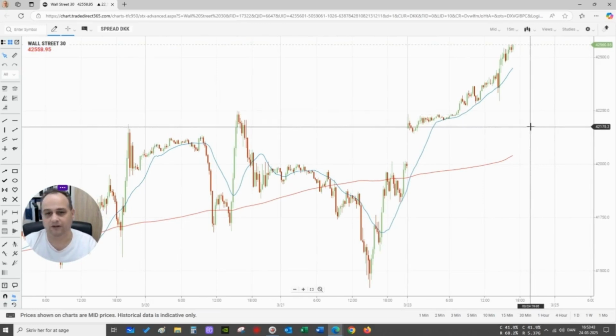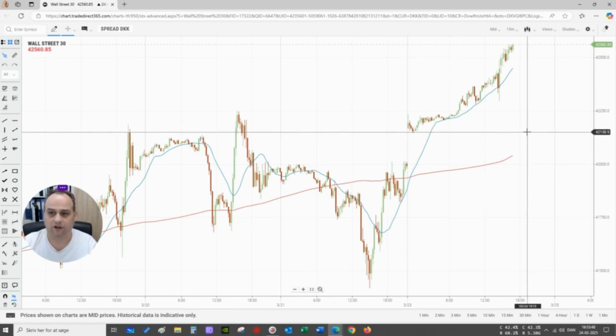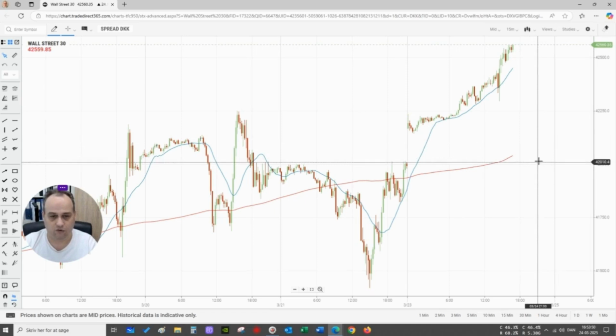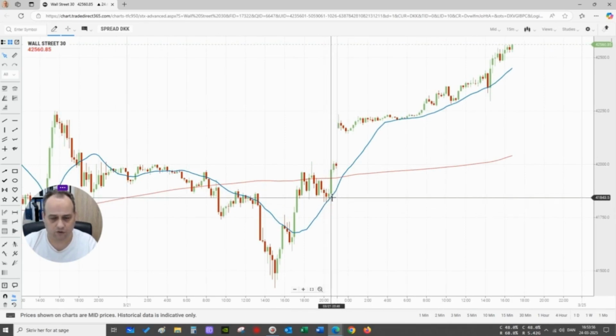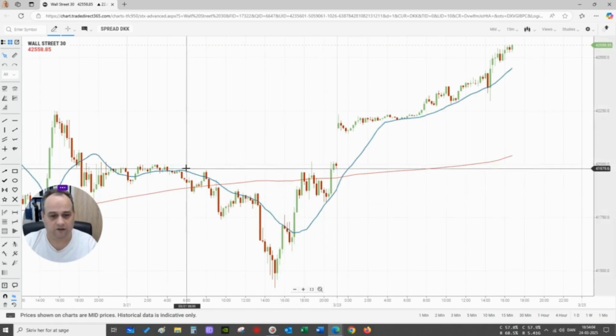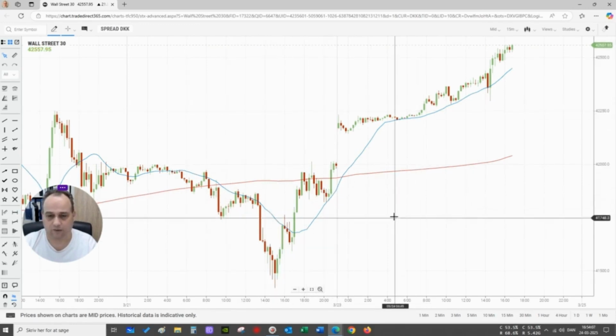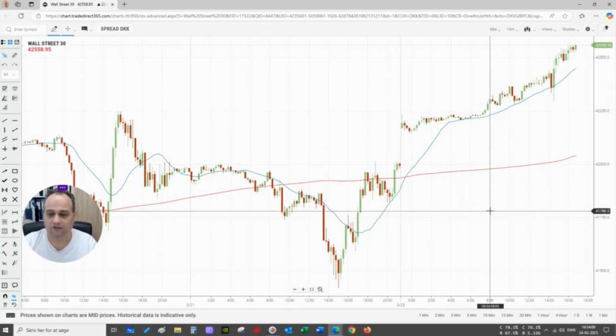Some people even put on the 10 moving average or the 9 moving average in order to filter even more. But the 20 and the 200 are the two main components for me, because as you can see here, it also shows when price catches the 20 moving average, and thereby goes from a downtrend, in this case, to an uptrend. So these two moving averages are very, very key to have.